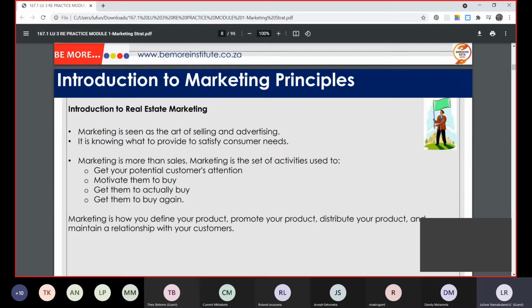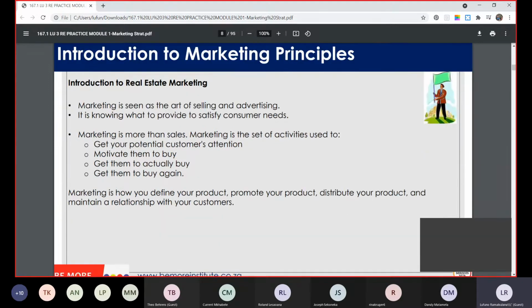Marketing is seen as an art of selling and advertising. It is knowing what to provide to satisfy consumer needs. Marketing is more than sales. Marketing is a set of activities used to get your potential customers' attention. That's important. Motivate them to buy, get them to actually buy something, get them to buy again and again. So once they are hooked to a product, they should be able to come again and again. Marketing is how you define your product or service, promote it, distribute it, and maintain the relationship with the customer. So it's an ongoing process. It's not just